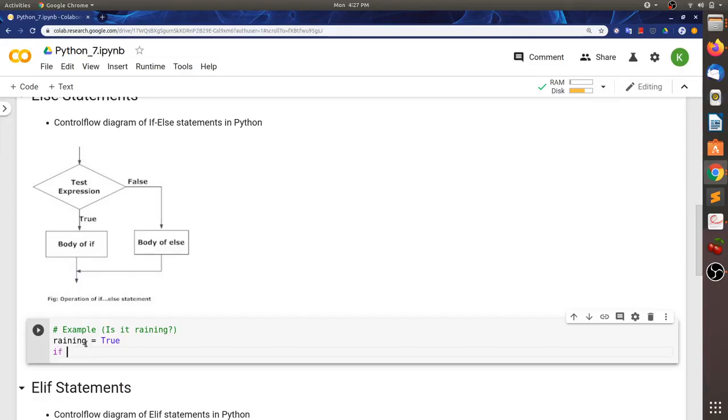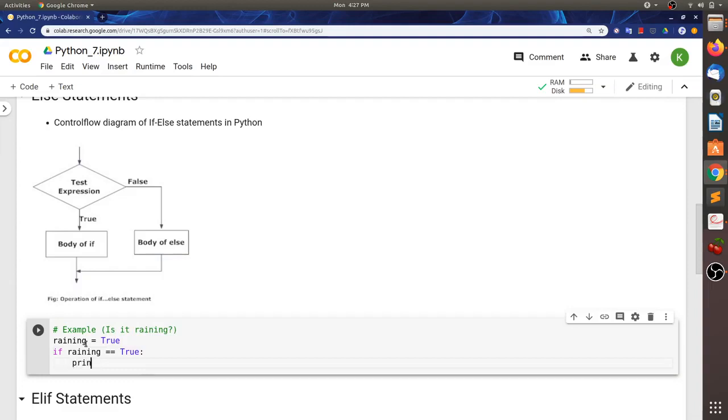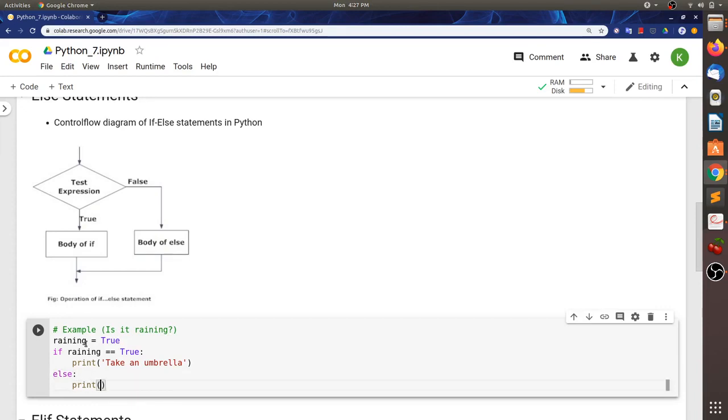Now I am giving an if condition in which if raining equal true, then print take an umbrella, else print go ahead. So in this case we find that the condition that I am providing, that is raining equal true, is